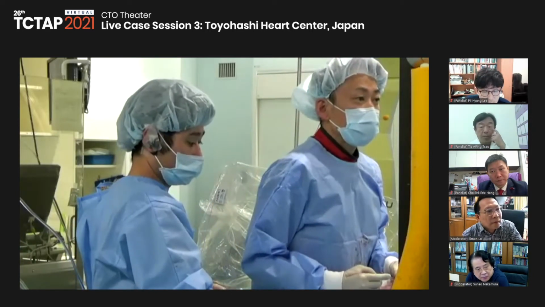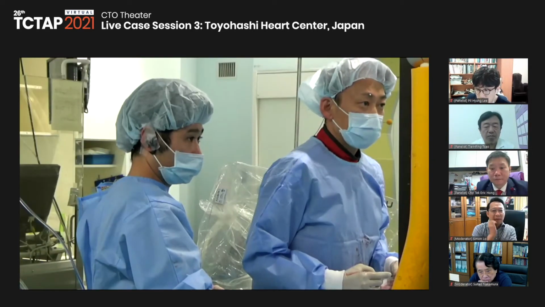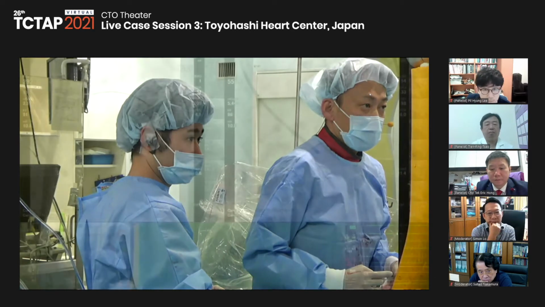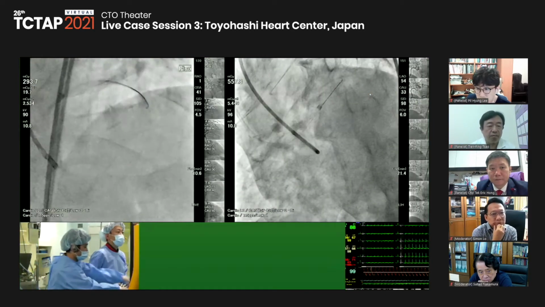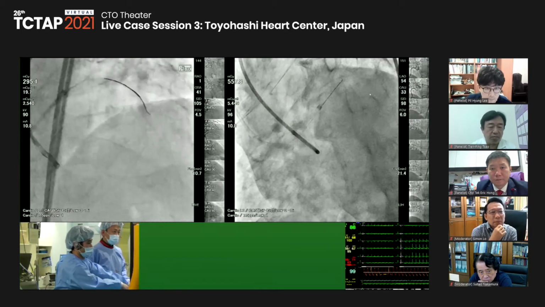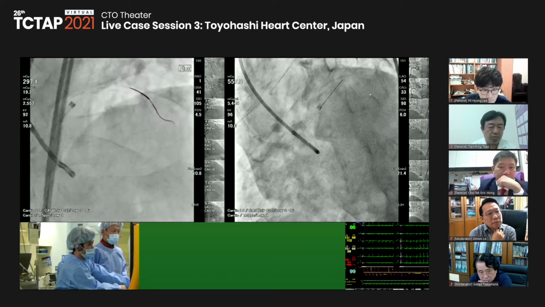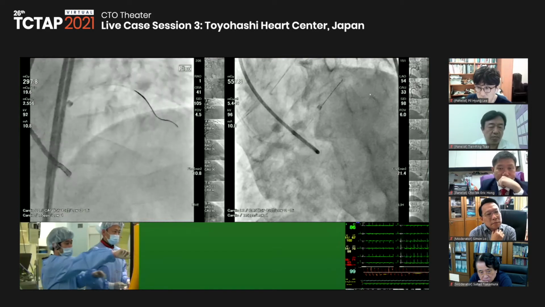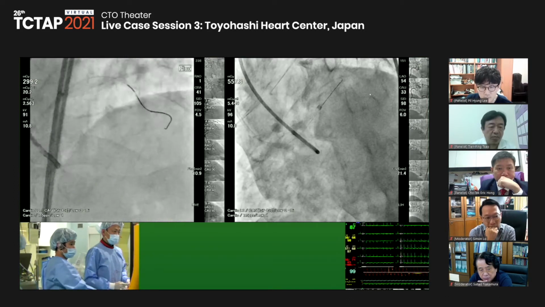But the issue of this case is the cusp is very big. That means it is very difficult to engage the guiding catheter for the right coronary artery. So in this kind of case, I wanted to show the tip injection from the conus branch, but engaging is very difficult.